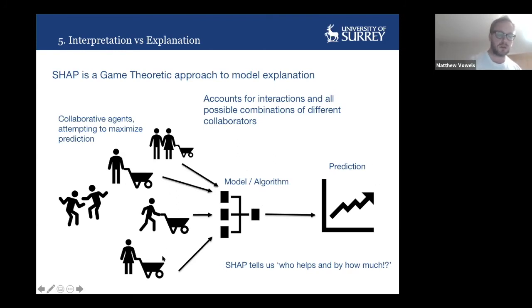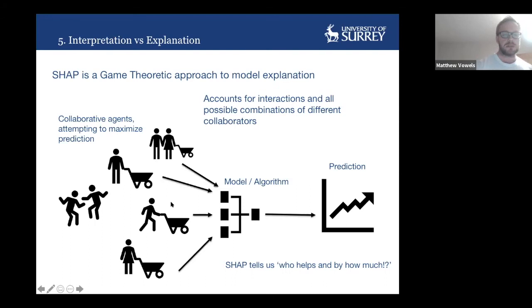So that's why they're all holding wheelbarrows here. The idea is that they're trying to give information to this algorithm to help it make a better prediction. And you can see that there's a couple of variables here holding hands, which I'm trying to demonstrate accounts for interactions as well. So it can do whatever it can. It can leverage interactions, it can leverage individual variables, every possible combination. These variables can get used more than once. It does literally anything it can.